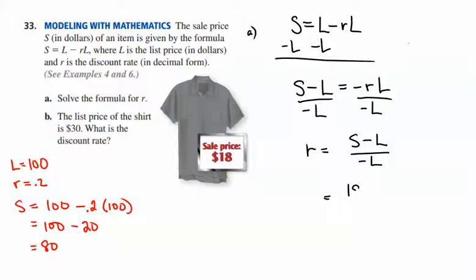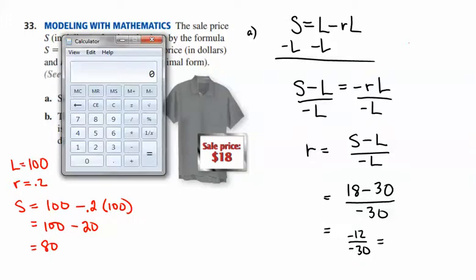So sale price 18 minus list price 30 divided by the negative of the list price, which is 30, and we get 18 minus 30 is negative 12 divided by negative 30, and we're going to get, when I bring in the calculator, negative 12 divided by negative 30,